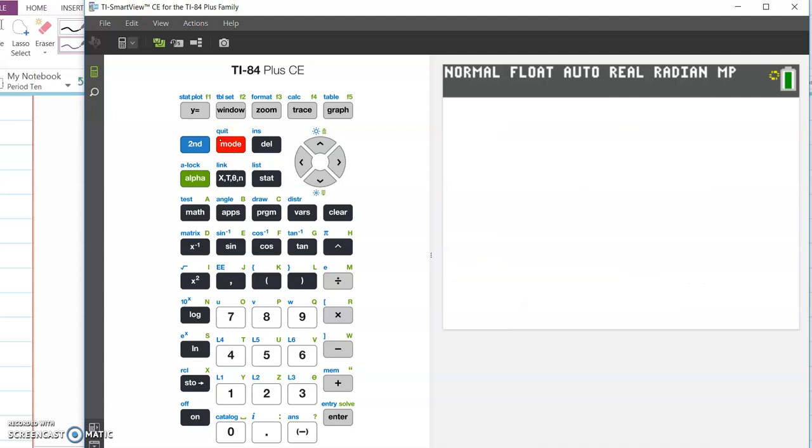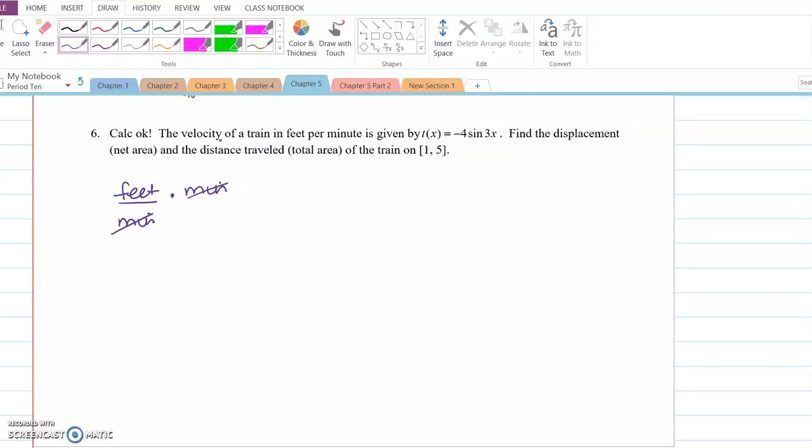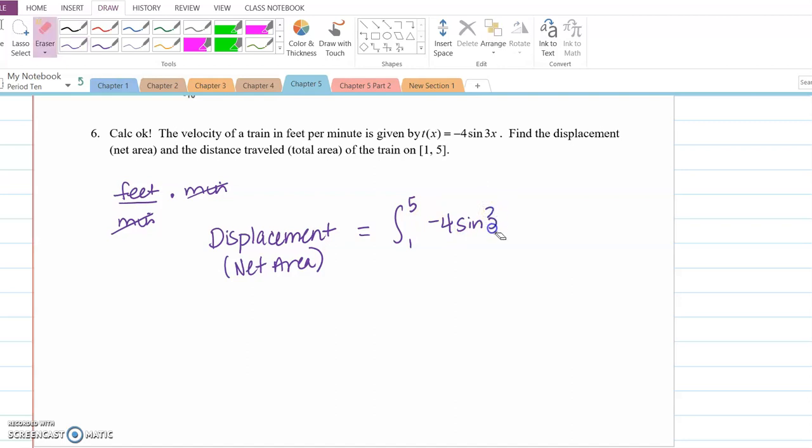Okay, and now on our home screen, we're going to do two different calculations. The first is the net integral from 1 to 5 of -4 sine of 3x dx, and your distance traveled,